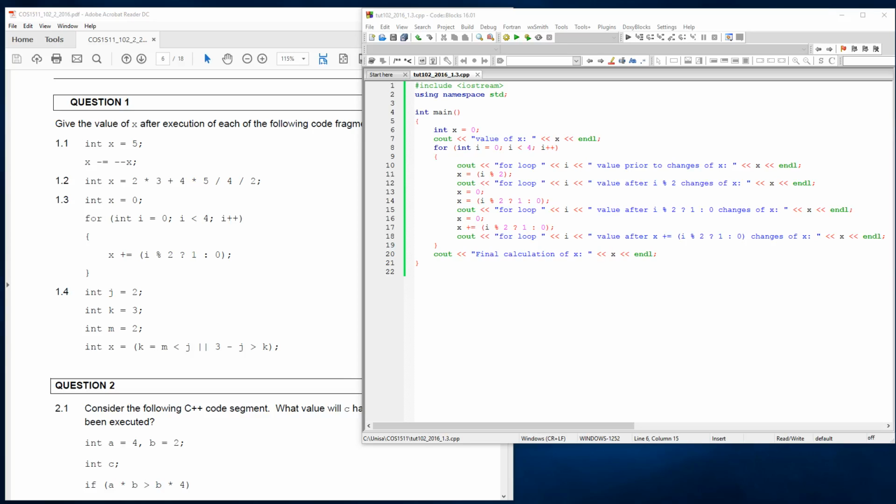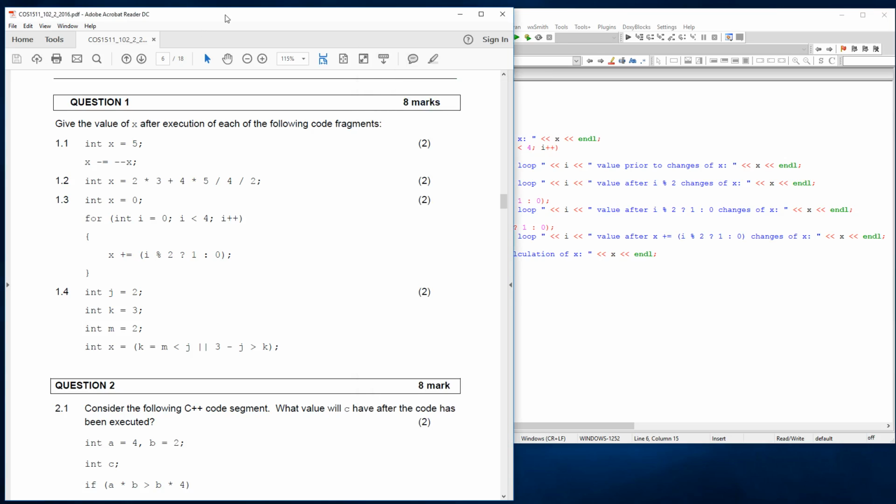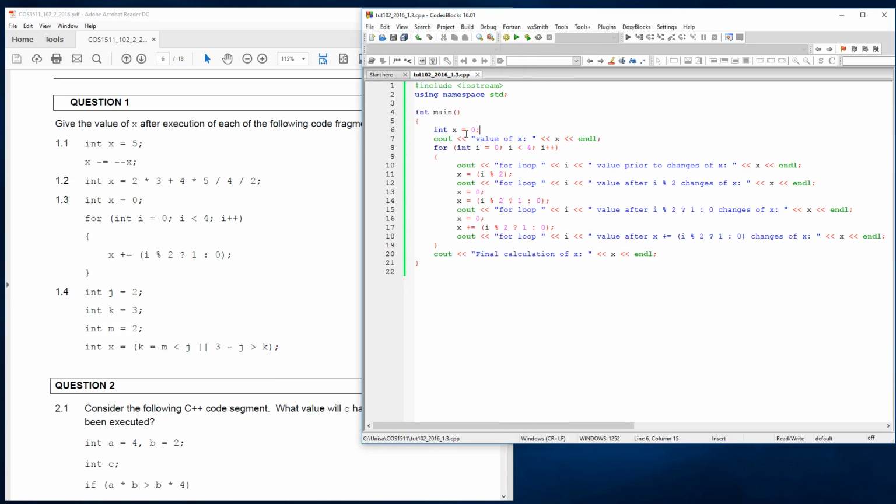Good morning to you. This morning I'm going to cover the COS1511 tutorial letter 102 for 2016, question 1.3. As you can see here, they want us to give the value of x after the execution of each of the following code fragments. So over here it says int x equals 0, which I've defined over here, and then they want us to